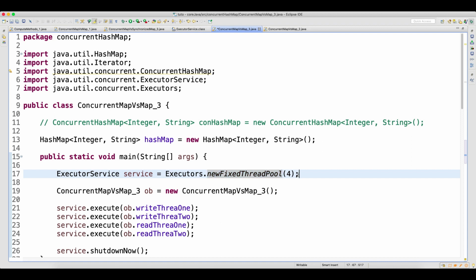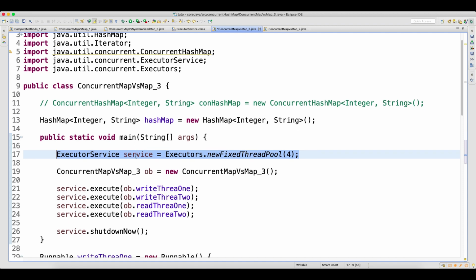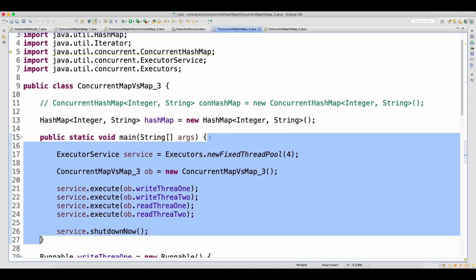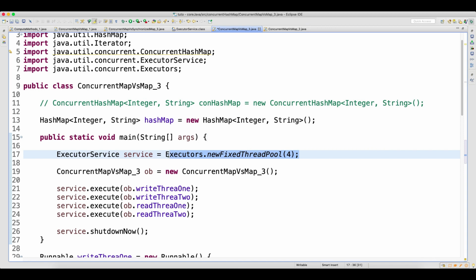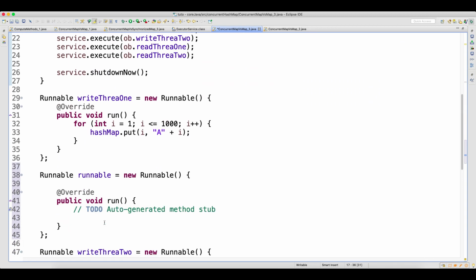What is the purpose of this? The purpose is that you want to invoke multiple threads. Generally, when you write code in the main method, it is also a thread, the main thread. So your program always runs in a single thread; only one thread is acting on your program through main. But here you are creating a pool of 4, which means you want 4 threads. That's how you can create